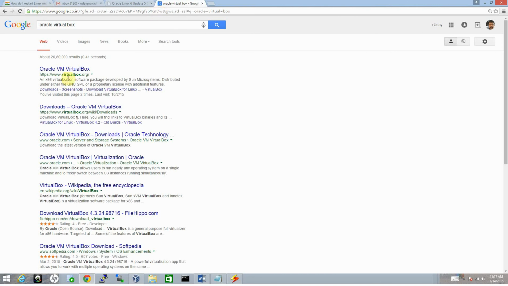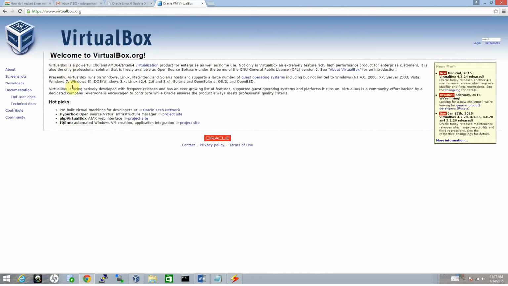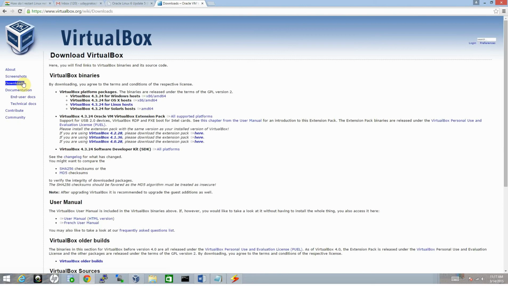Okay, so click on the first link, click on the download section and download VirtualBox for Windows host. That is, click this link, you will be able to download the VirtualBox software and then install it. Okay,